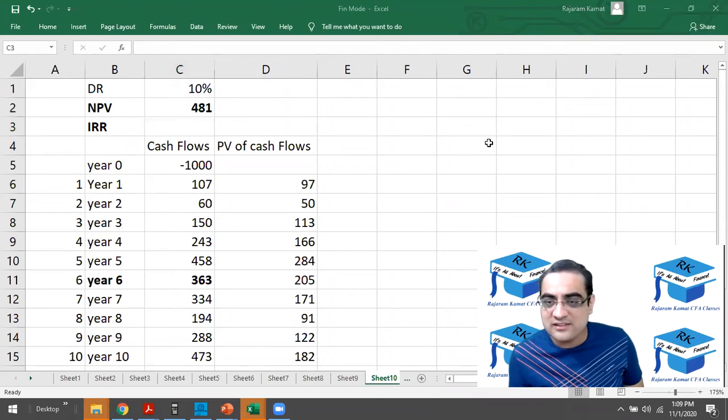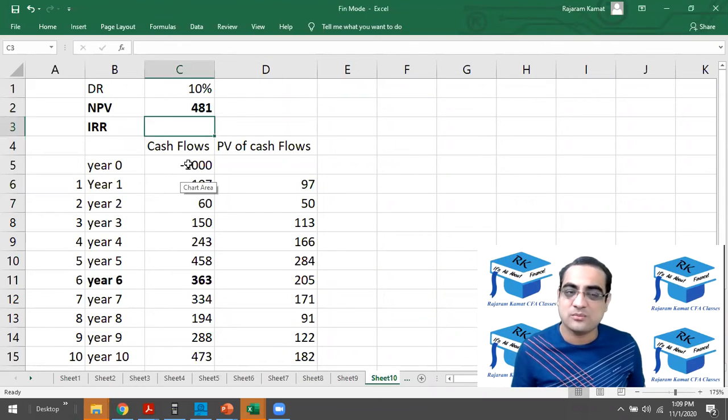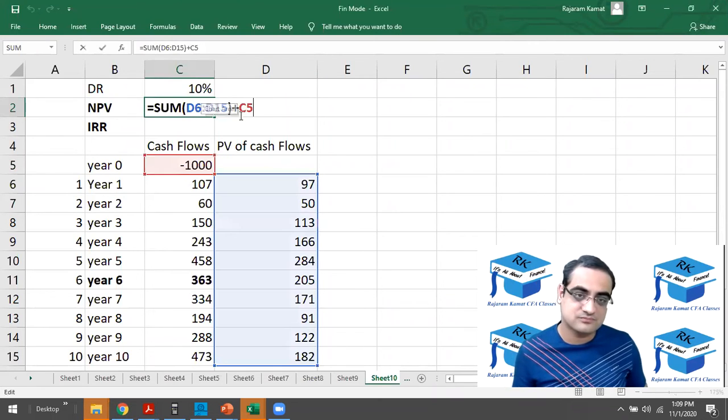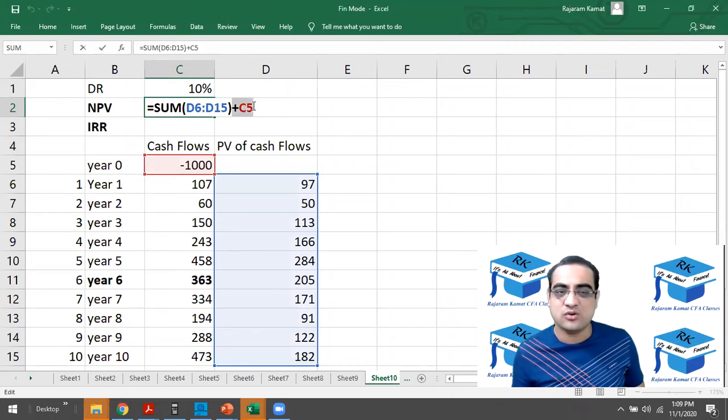Hriday, why do you add C0? Because this is already minus. So if I subtract the minus again, it will become plus. So he's asking me why did I put a plus over here? I put a plus over there because the outflow was itself mentioned as negative. Hriday, is that clear? All right, good.